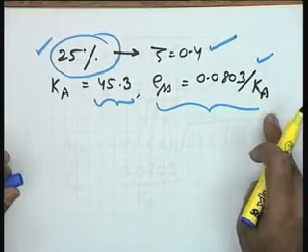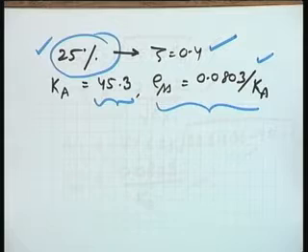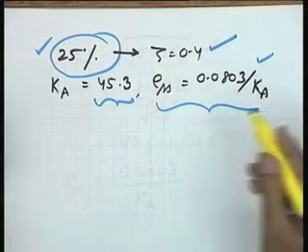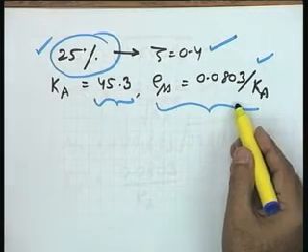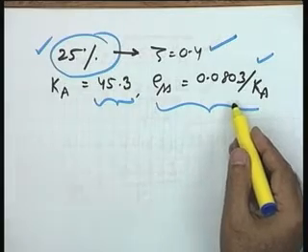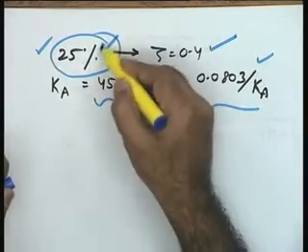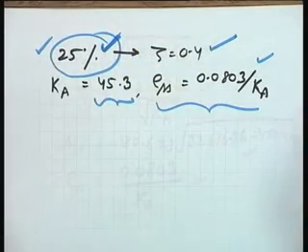0.0803 divided by Ka. Now you will say to the user, to the person for whom you are designing the system, hands off, because you will not like to decrease the steady state error further. The reason being that this will be dangerously close to instability. So, as far as proportional control is concerned, you have reached the limits.